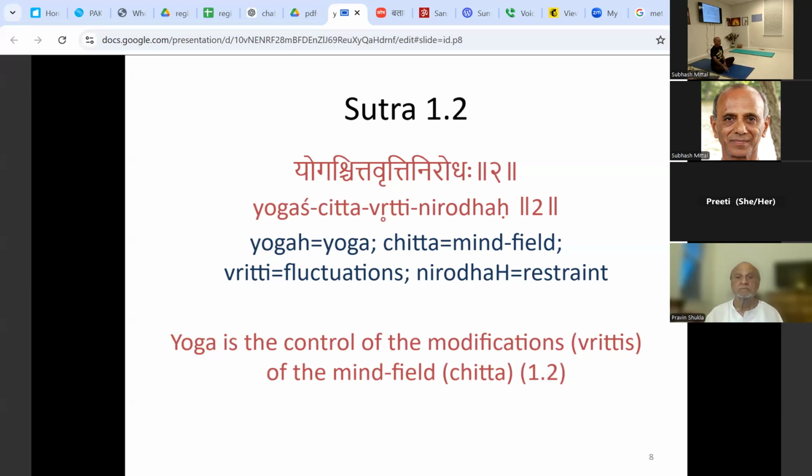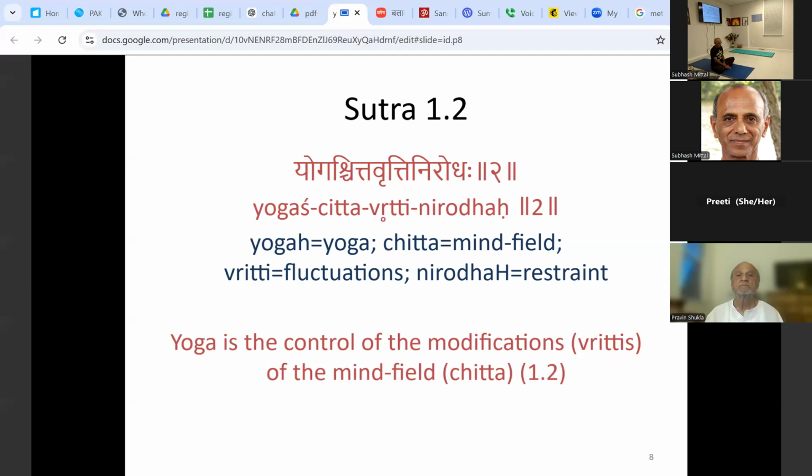And then finally the stage called samadhi. Samadhi is the successive stage of meditation, the deepest state of meditation, where the mind is now deeply focused on whatever you're trying to focus on, and nothing else is going on in the mind. That's called the state of samadhi. Has anybody heard that term before? Samadhi. Okay. So the stages of meditation are dharana, dhyana, and samadhi.